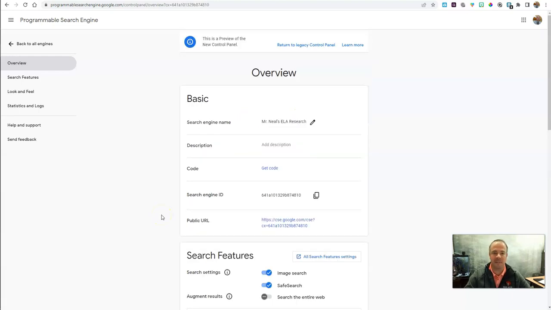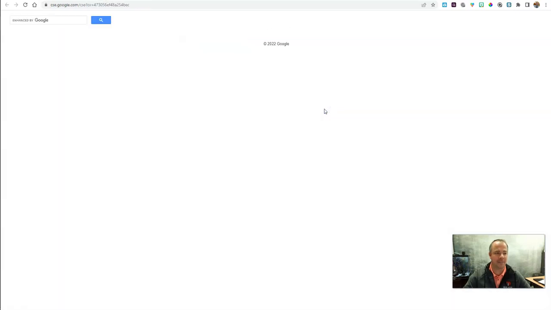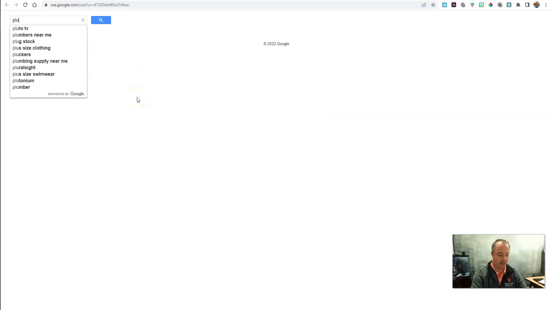Now that I have all of my settings taken care of, I'm going to go back to All Engines, and let's give this a shot. Make sure that I've got what I need. So I'm just going to click on the link for Pluto Research, and here's what my students will see. And now they can type in Pluto,